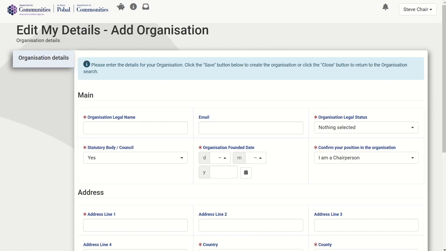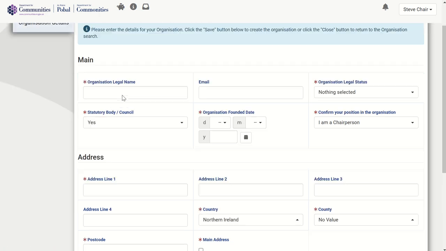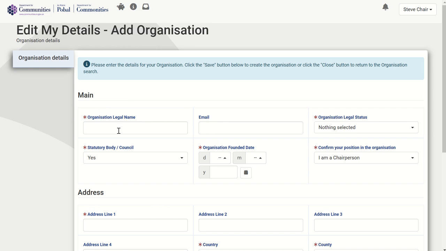This takes me to a screen where I can enter some details about the organization that I need to create. We can see on this page we have a number of different data fields. The red asterisk indicates that these fields are mandatory. I have the organizational legal name,